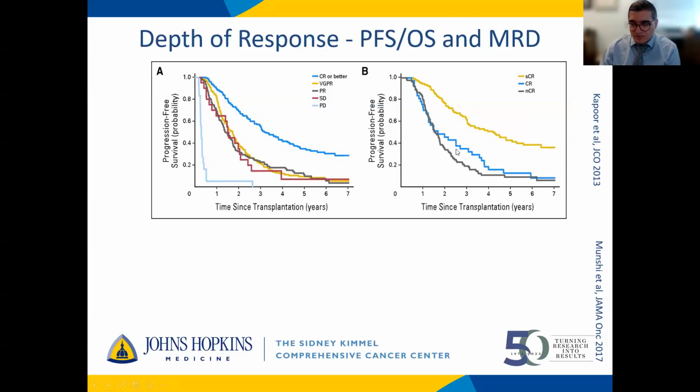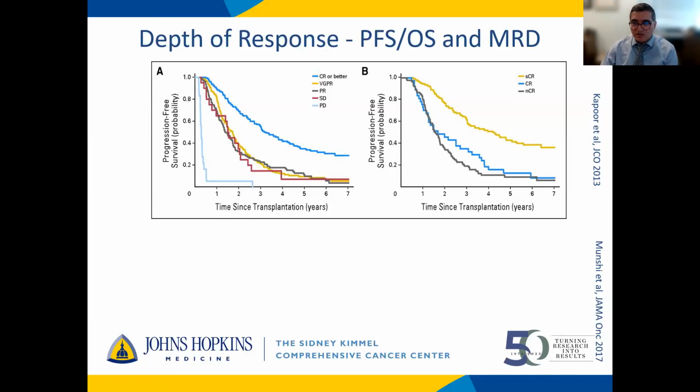And so maybe it makes sense that we can push the response deeper as much as possible. And when you take complete remission, right? If you take this blue line, which is complete remission, and on the y-axis, what you're seeing is that the chances of remaining progression-free, which is that the myeloma is controlled over time, is higher if the bar is higher. And so these are patients who are in complete remission. So it says that their chances of being in remission or myeloma control over many years is higher if you're in complete remission. You take it over to the graph on the right, and it remains true when you go